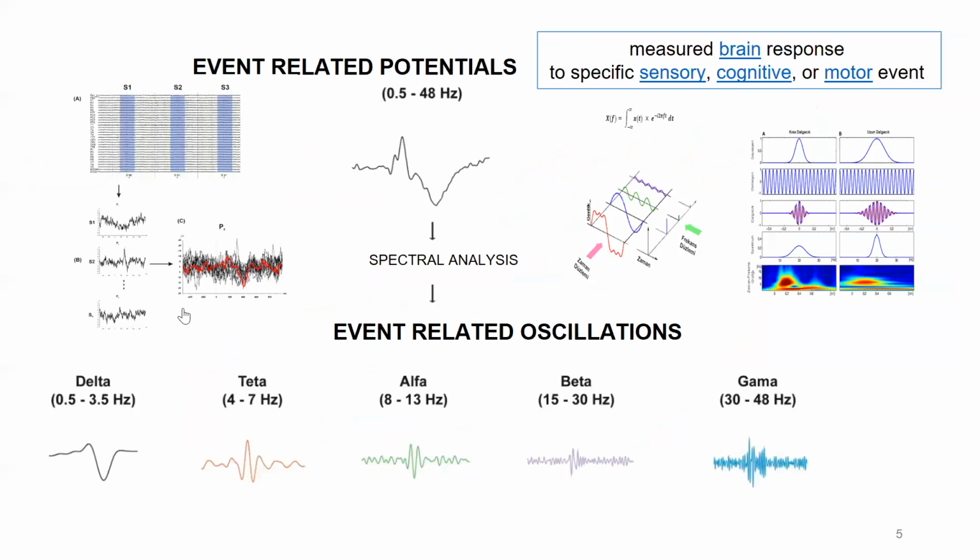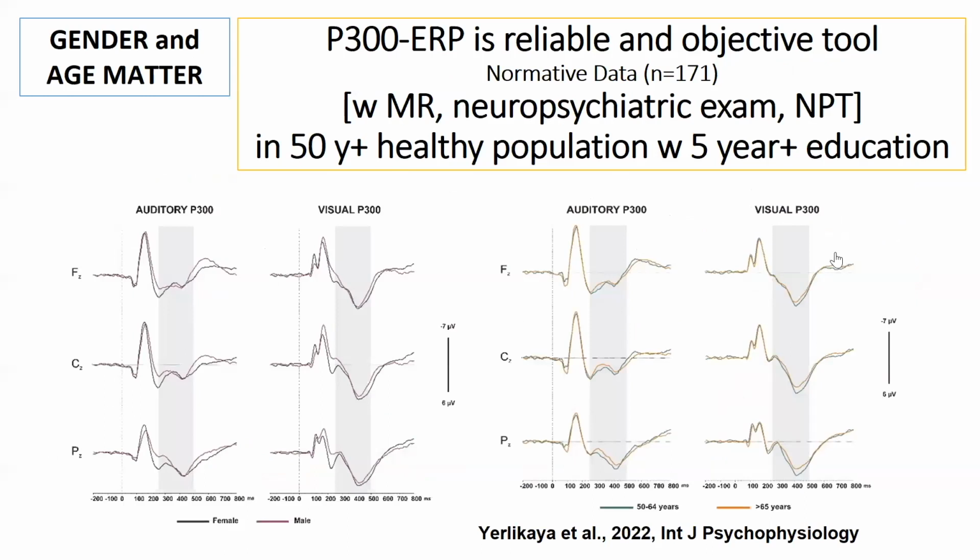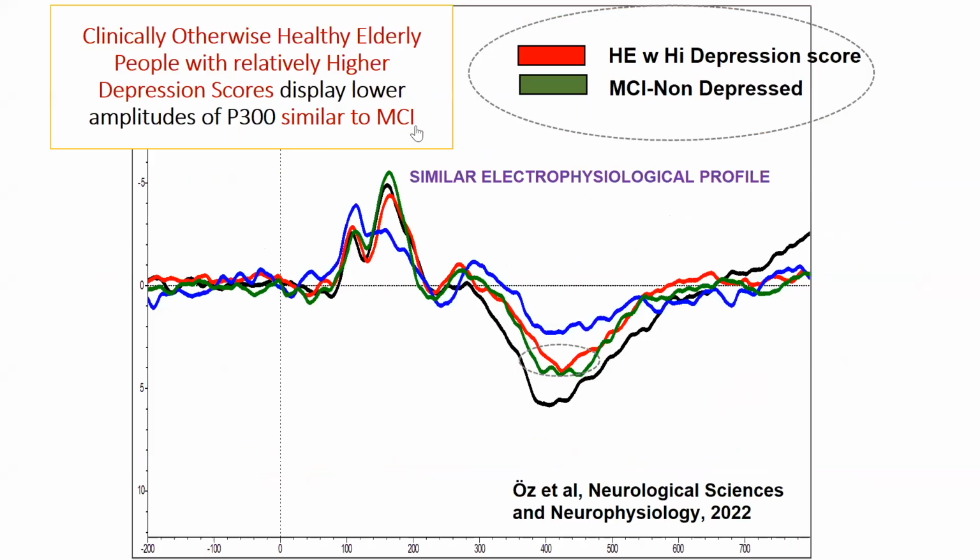And in healthy people over 50 years old, with normal MRI, normal neuropsychological testing, and neurological and psychiatric exam, we can clearly see gender and age matter. We see higher responses in females and lower responses in the aged group. And depression is also an important part. Clinically, otherwise healthy elderly people with relatively higher depression scores display lower amplitudes similar to MCI